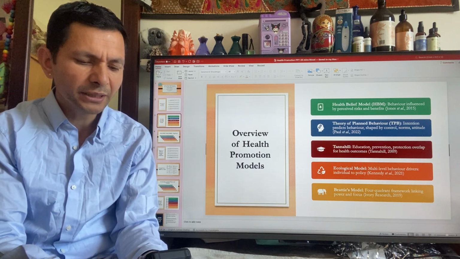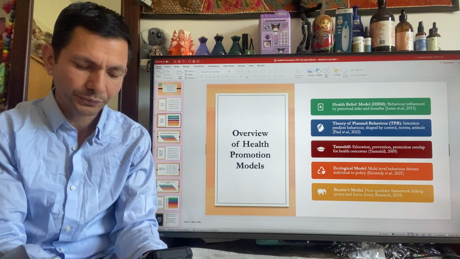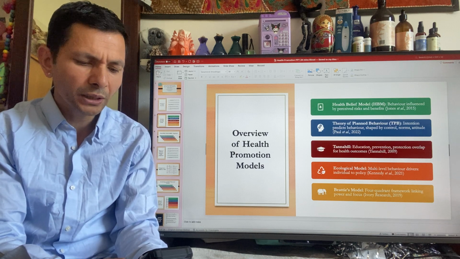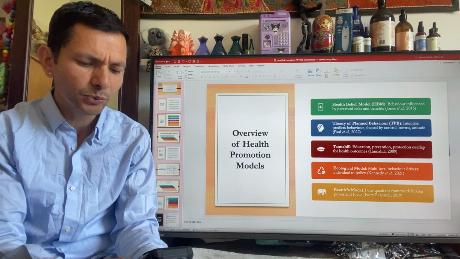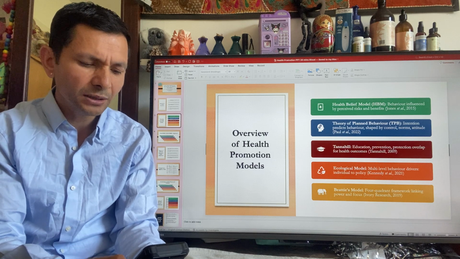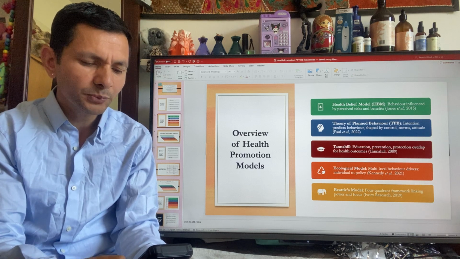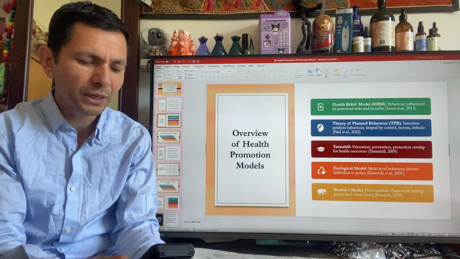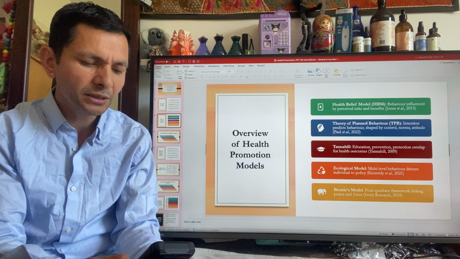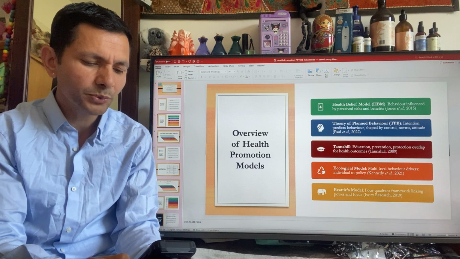There are several key models that guide how we design and evaluate promotion strategies. The health belief model focuses on how people's perceptions of risk and benefit influence their actions. The theory of planned behavior explains how intention, shaped by attitude, norms, and perceived control, predicts behavior. The Tannahill model combines education, prevention, and protection